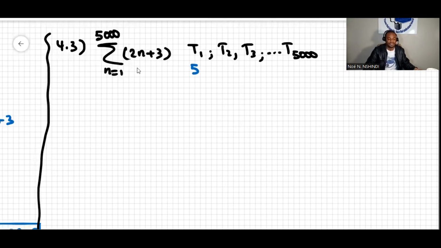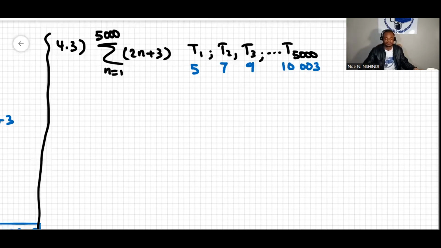And then when n is 2, you sub 2 over here. 2 times 2 is 4, 4 plus 3 is 7. And then when n is 3, you sub 3 over here. 2 times 3 is 6, 6 plus 3 is 9. And then when n is 5,000, you sub 5,000 here. It's going to be 10,000 plus 3 is 10,003. So these are the first 3 and the last term of